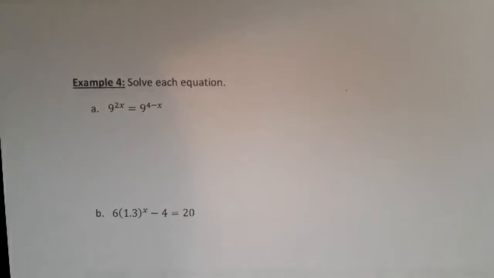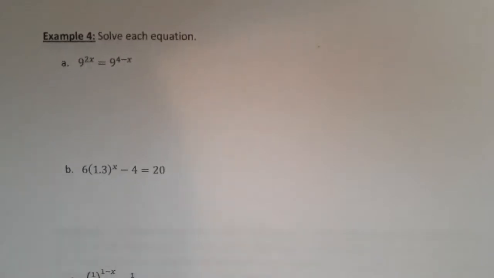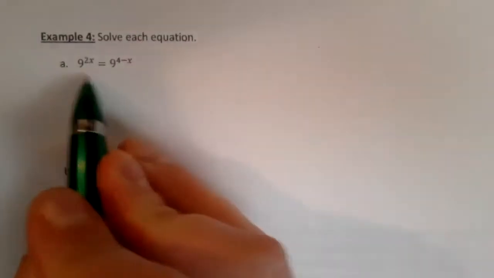Example 4. So this is, yeah, there's a few different ways to do this. 9 to the 2x equals 9 to the 4 minus x. There's a little bit of a trick on stuff like this you can do. You might notice those are the same base, and if those are the same base, guess what we can say about the exponents? If these are equal and these are equal,